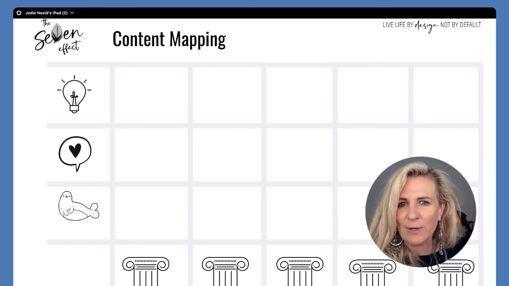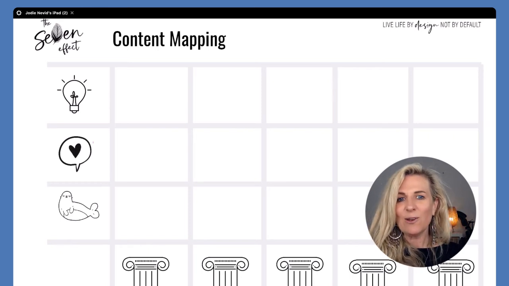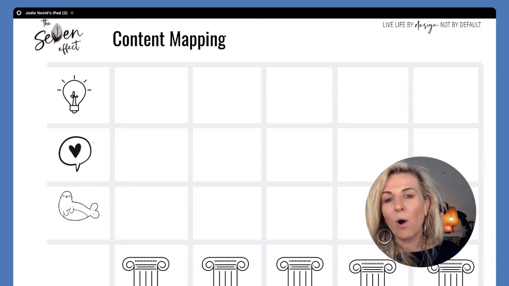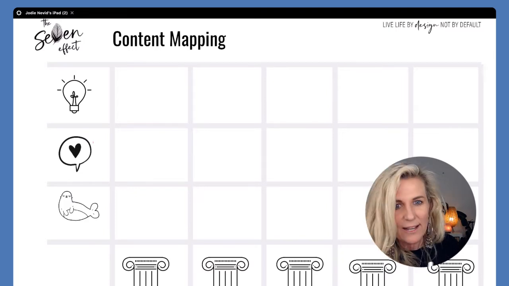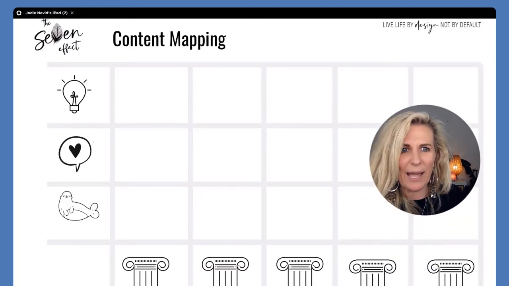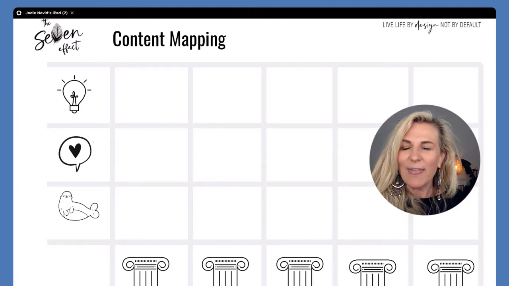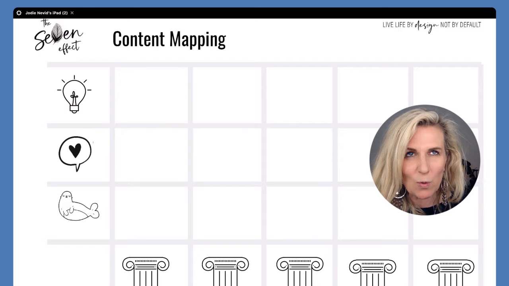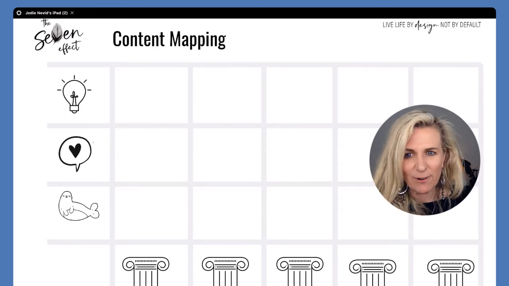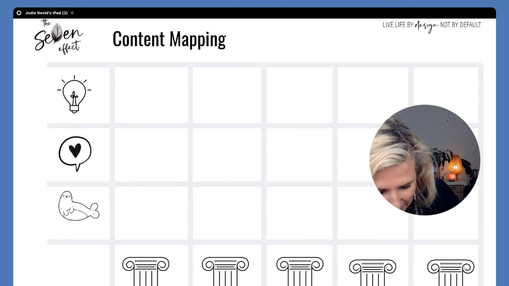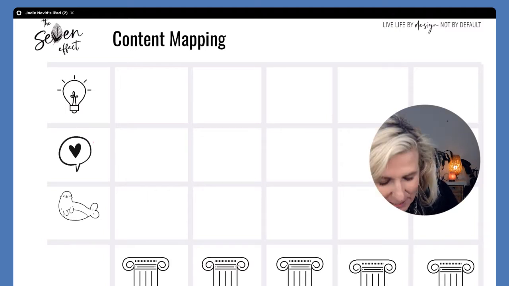There's a couple of things we need to consider first. In your brand, firstly, what are your brand pillars? If I move my head up out the way here, you'll see these pillars along the bottom. They represent the things that you like to talk about in your brand. So if we use me, for example, my brand pillars are, let me get myself a pencil,